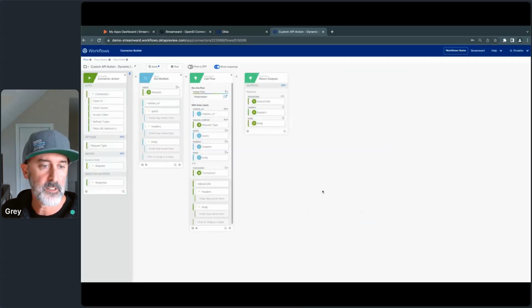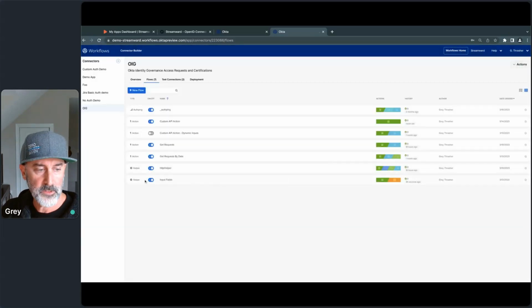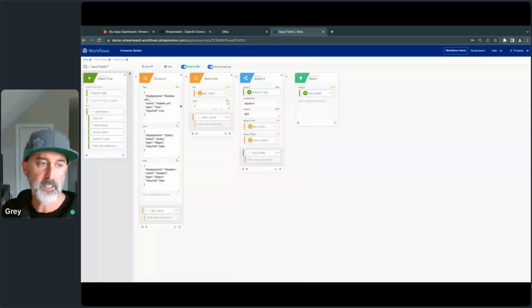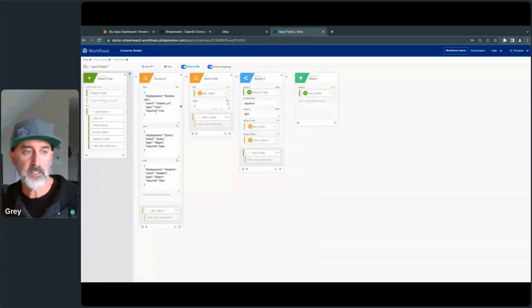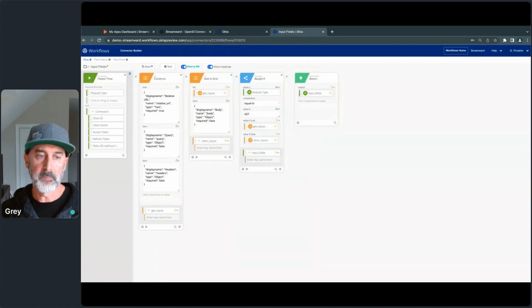To show you how that works, come back over here. I have this input fields helper flow, and right now I'm just building these out manually. So I have 3 different fields here: the display name, a name that it's used to reference internally, the type, and then whether or not it's required. These are the 3 that are always going to be displayed here, and I just call them get inputs. And then I built out another field for the body, and this is a type object and